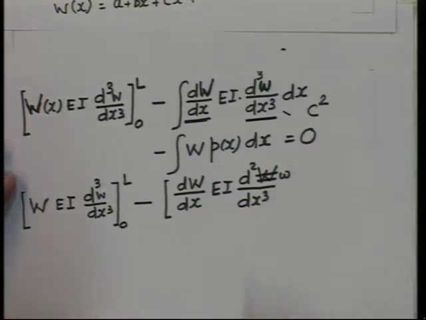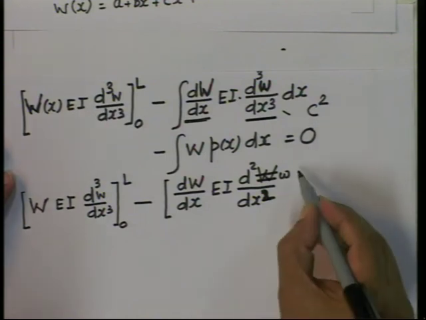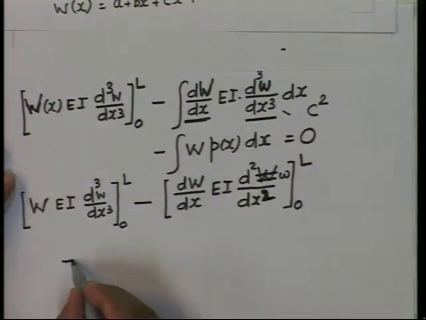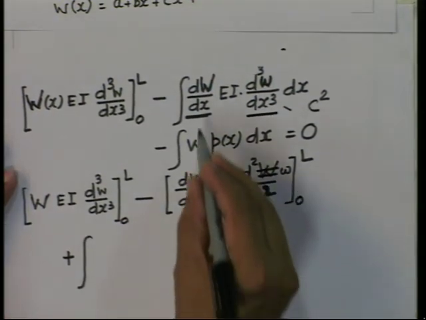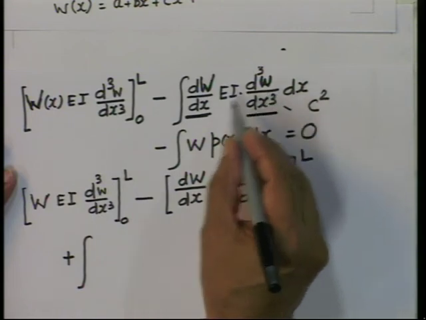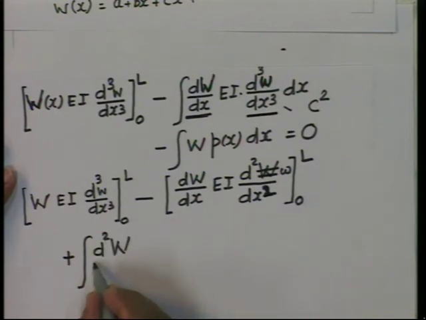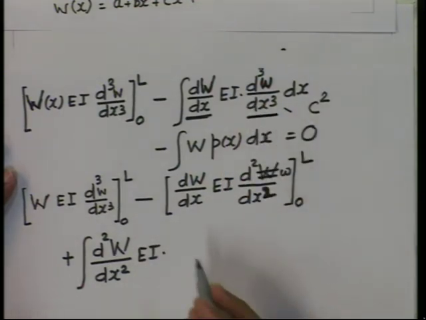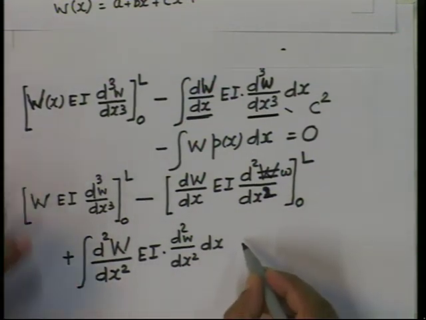This is also a boundary term, and minus times minus becomes plus. Now this into this is an integral: the first derivative of this, that is, the second derivative of capital W, times E I, into the integral of this, that is, the second derivative of small w by dx square, minus plus, okay, minus